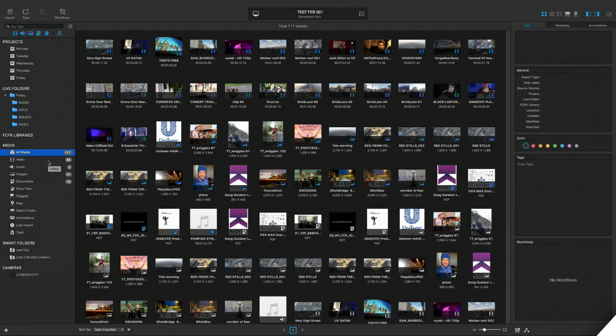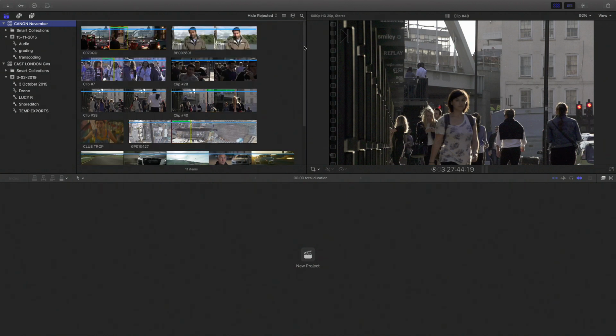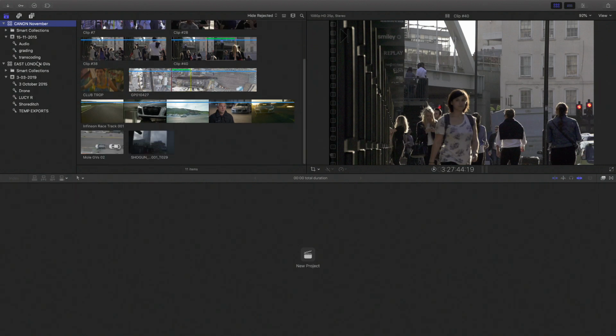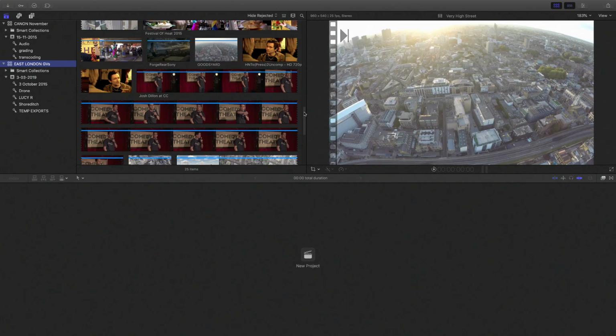Okay, so let's look at getting Final Cut Pro assets into KeyFlow Pro. So here I am in Final Cut Pro. I've got a couple of libraries open here. They've got various different types of assets in them, different keywords and stuff, different shooting dates, all sorts of different